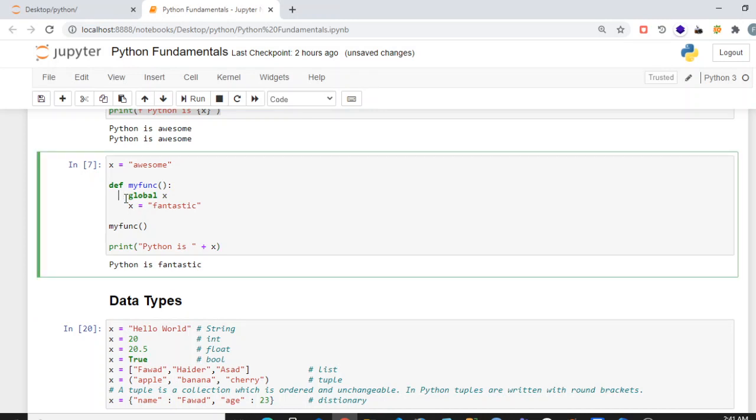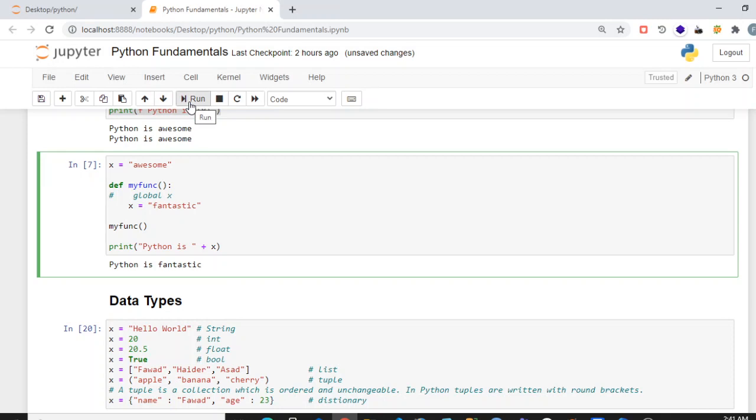But suppose we do not specify that it is a global variable, then x will be created as a local variable here, and it will be destroyed after this scope, and this x will remain the same. Its value will not be changed.